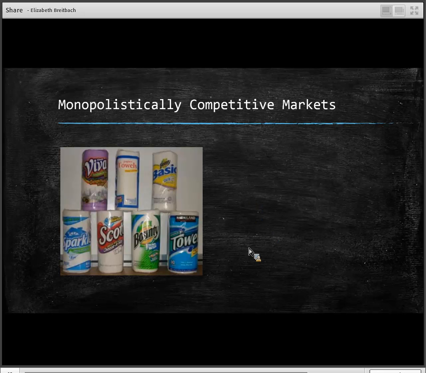In industry 3, we can add up the top 4 firms, and what we see is there's actually only 3 firms in the market at all. The 4th firm is producing 0, so we know that doesn't even exist. So the top 3 firms are producing all of the market, and our concentration ratio here is 100%. And then for our final one, we have 1 firm that's producing all of the market, and again, that is 100%.